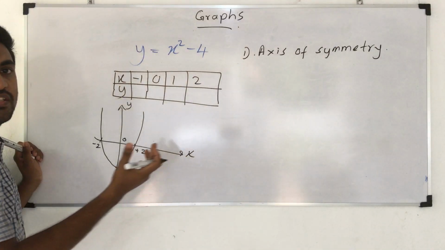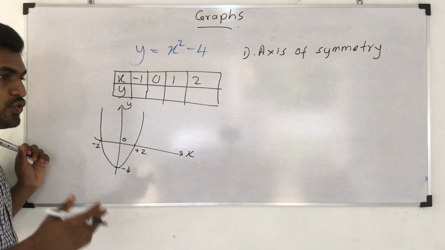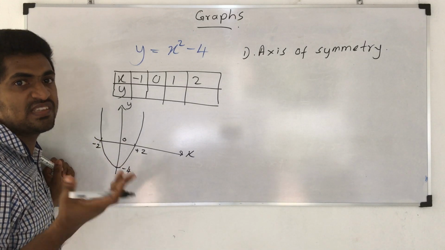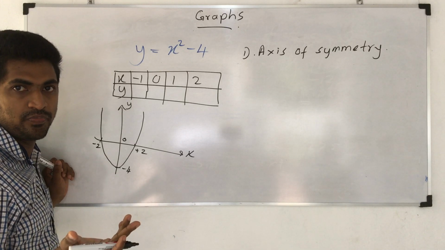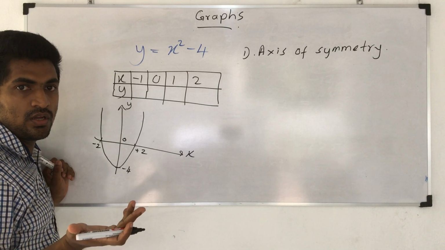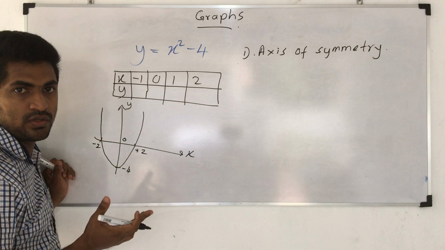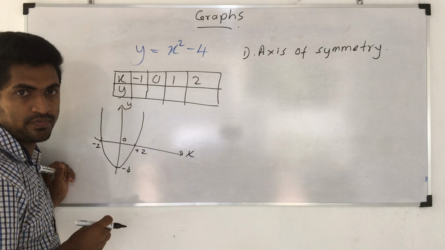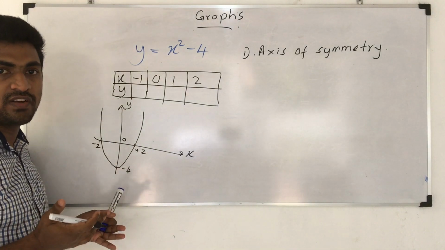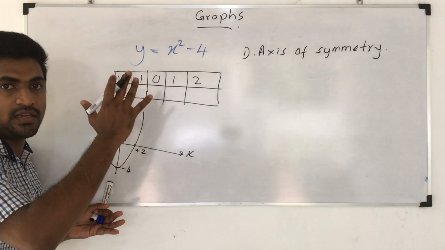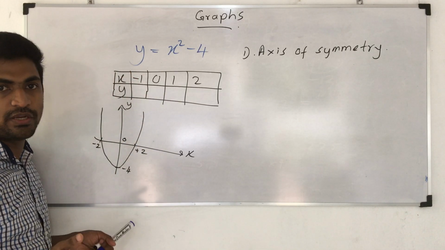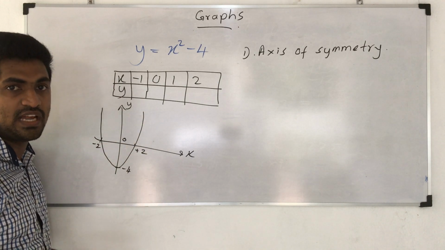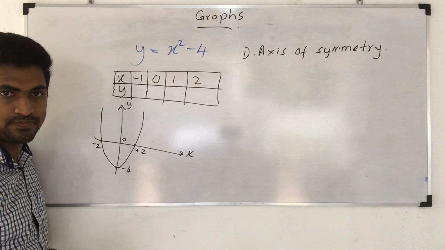They will ask what is the axis of symmetry in the graph. If it is a plane figure, sometimes it is symmetrical, sometimes it is not symmetrical. If it is symmetrical, that means we can fold that figure into two equal parts through a line. So if we can have two equal parts of that figure by cutting it through a line, then we call that figure a symmetrical figure. Then that line which we consider is called the axis of symmetry, or symmetrical line.